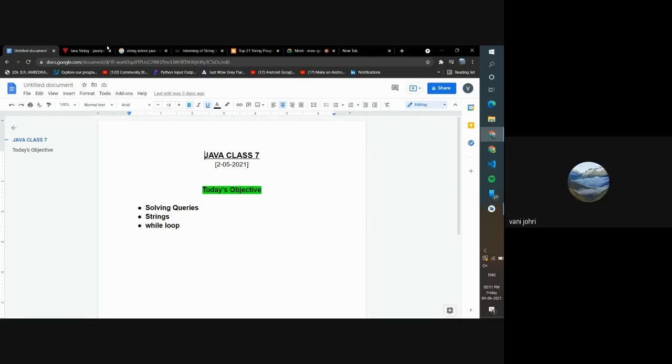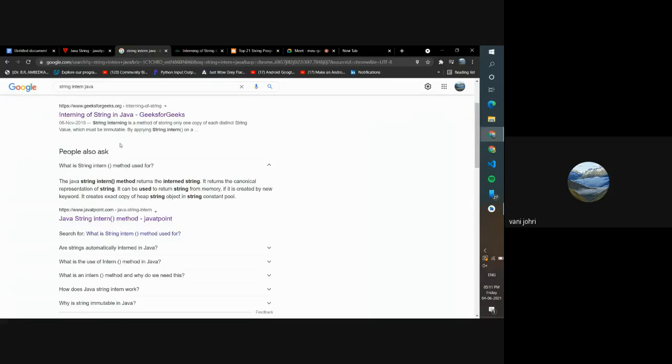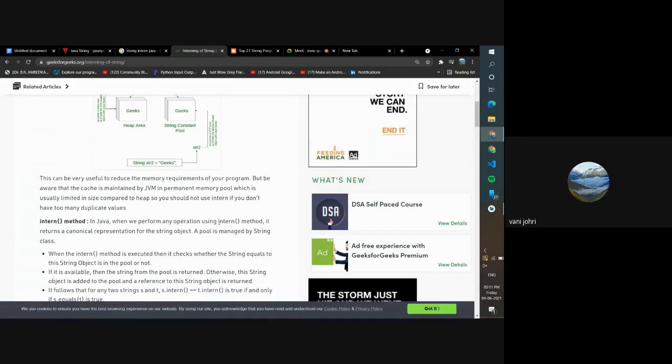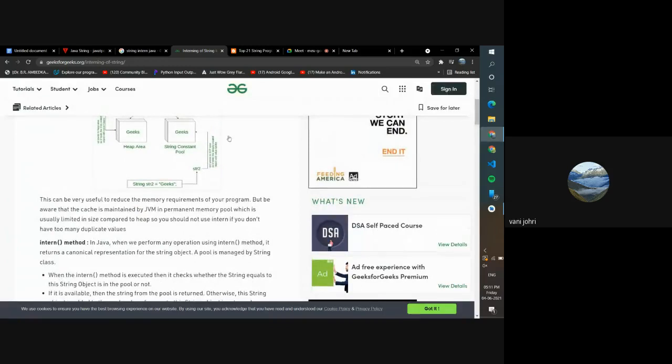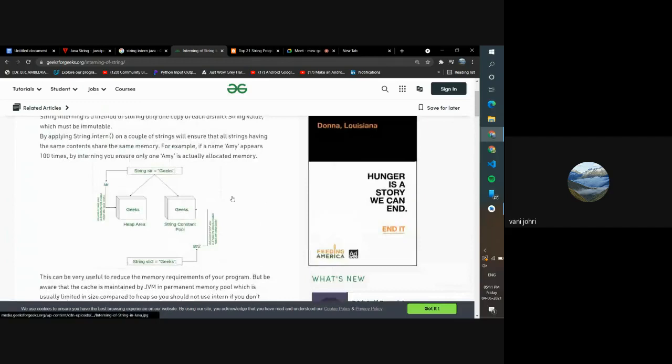Yeah, so now, yesterday, I guess Shweta ma'am only asked about string intern method. So I searched about it, and in the easiest way, you can go to GeeksforGeeks or somewhere and read about it in detail. Let's say you have a program where you are storing names of employees, and there's an employee named Amy.